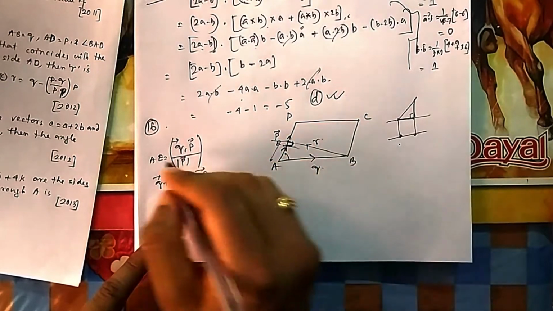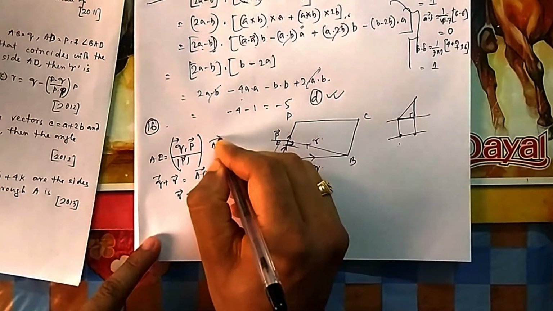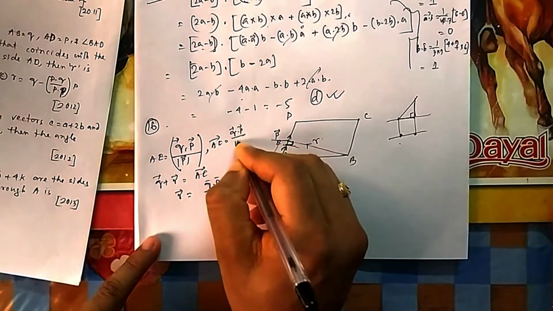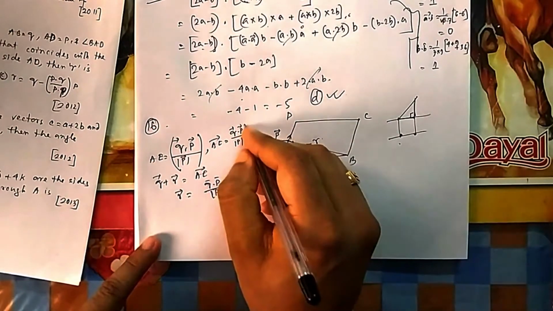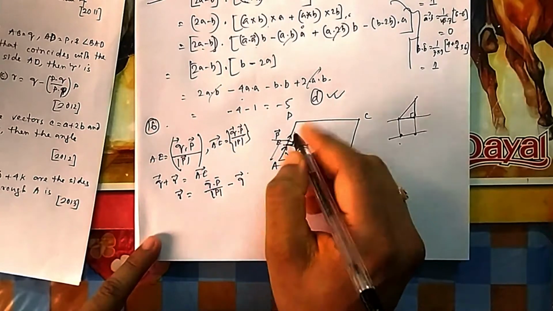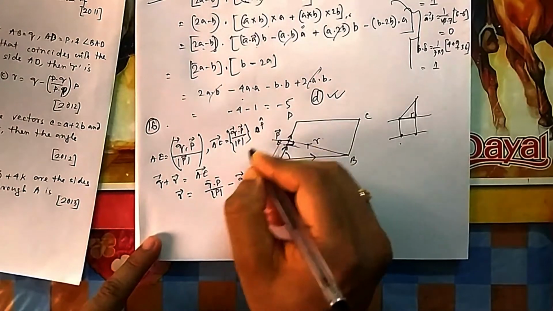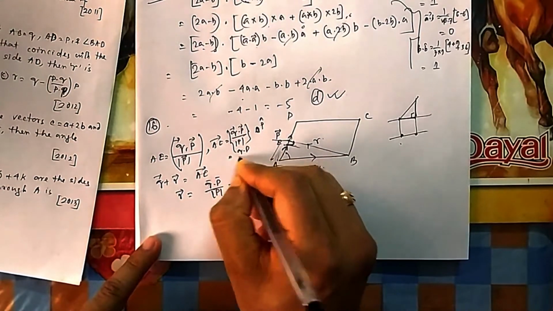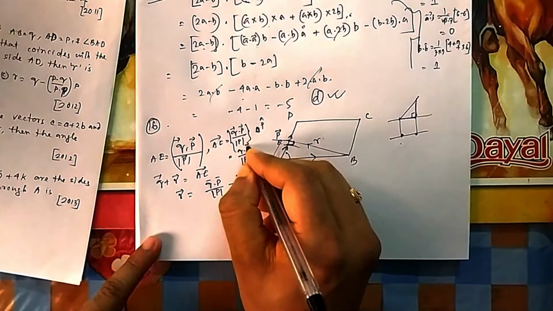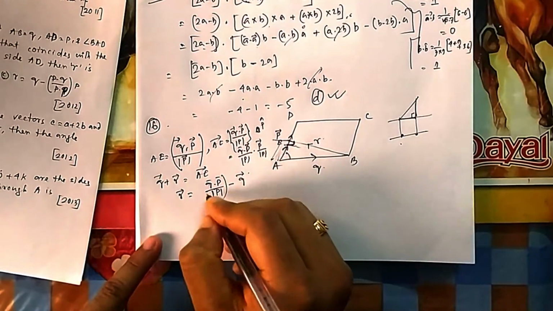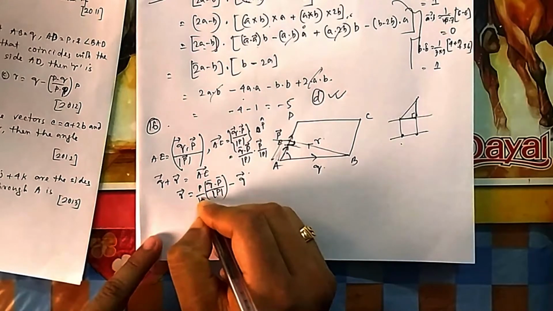If you want to find the vector AE, this scalar has to be multiplied with the direction. This is the magnitude, the length you got. Now that has to be multiplied by this direction. What is this direction? That is p cap, the direction along p. What is p cap? It is p vector divided by the magnitude of p.